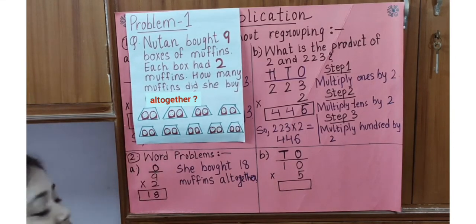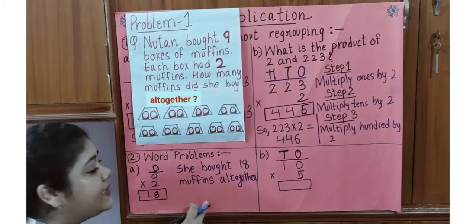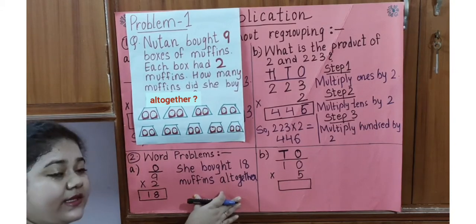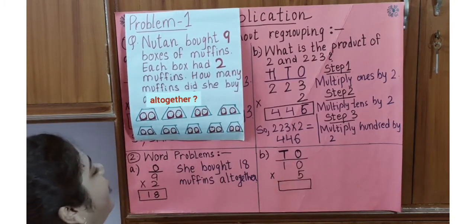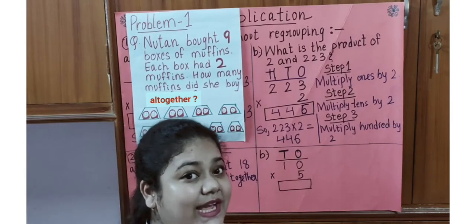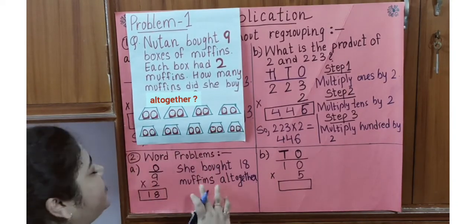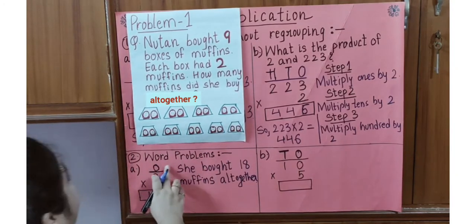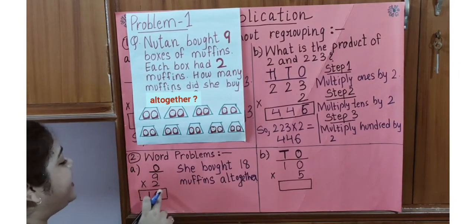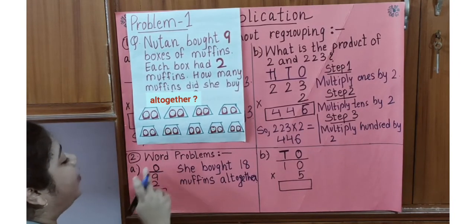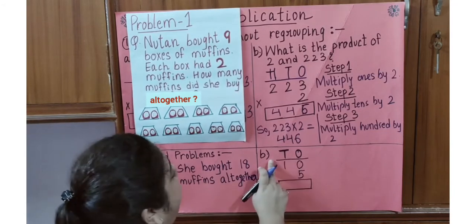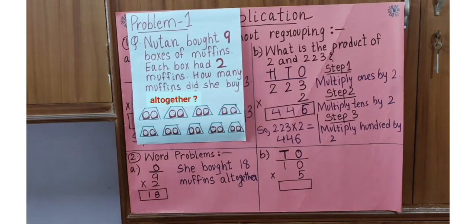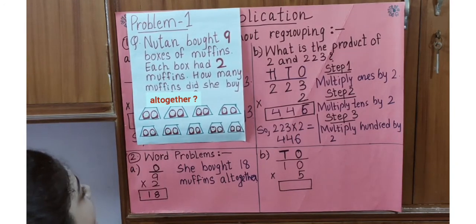Right children? So this is how you have to solve this. With the sum, you have to write the words. You have to write the sentence. Alright? Now we'll move on. I hope children, you all are able to understand. So we are going to move on to the second sum of the word problem. Here you saw that there is only one digit, that means we had the sum only in the ones place. But here we have the ones as well as the tens place. So let's see what we have in our second problem.